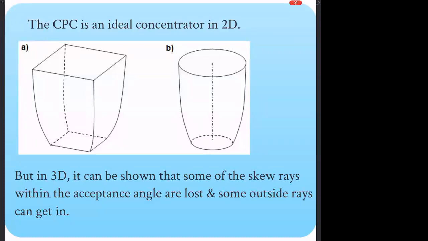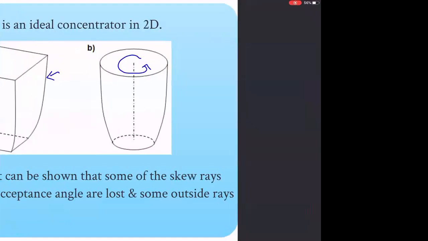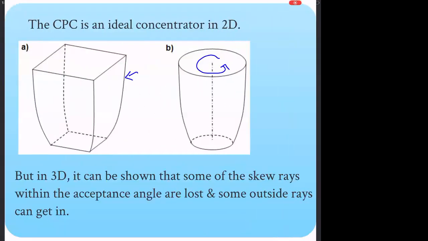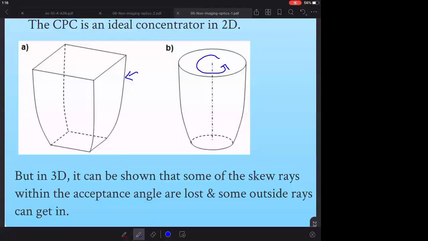There are 2 ways to think about CPCs in 3 dimensions. You can simply rotate it, as shown here, which is what we saw in the video, or you can put slices of it, as shown here. You can take a slice, slice, slice, slice. There are differences in the way you manufacture, and both have different performance as well. It depends on what you want to do. We won't talk much more than that about this,